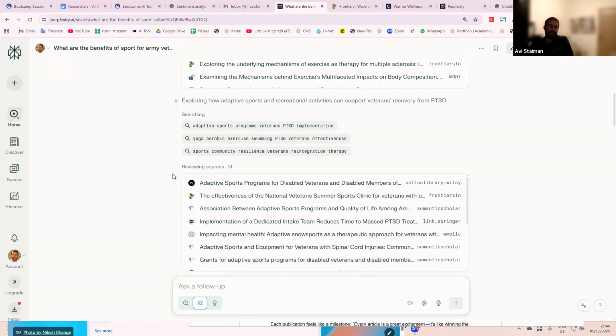Fantastic. And again, like I said, if you've tried out other kinds of tools, Elicit, Scholar AI, SciSpace, they all work on a very similar model. They are interrogating the research literature and saying, how do we get the best information, the best answers from the research literature? And they all are limited by the fact that they don't have full text access to all articles. They have abstract access to closed articles and full text access to open articles.